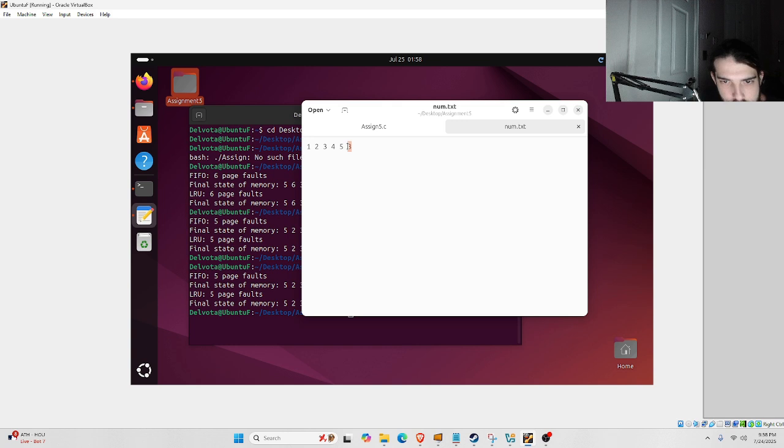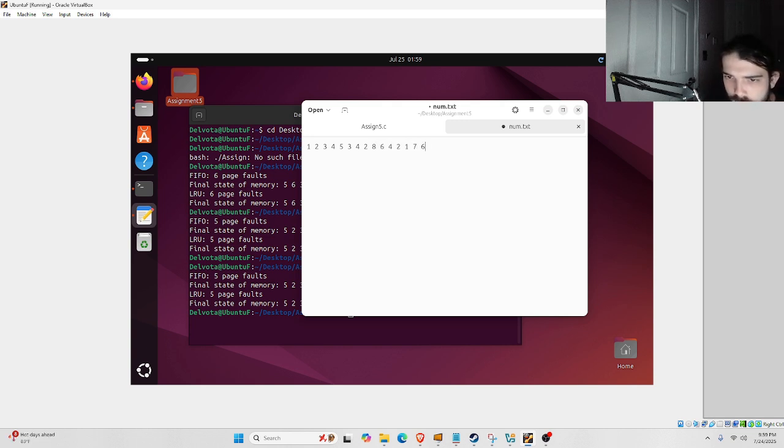So 3 actually gets used twice. Once we get to the 3 part of it, it gets used twice, and so it actually goes back to the back of the list. You can't really see that in this example too well because it's so short. But if I were to add more numbers here, and a lot of repeating numbers,